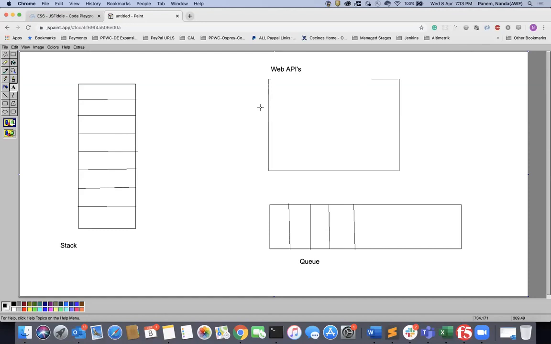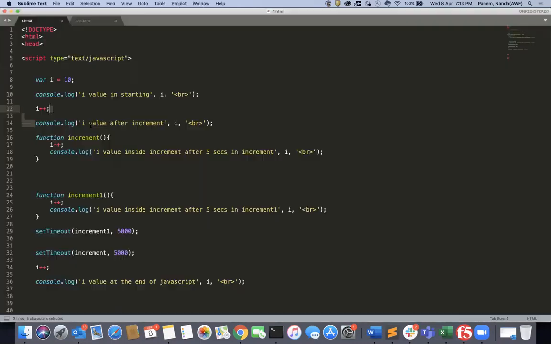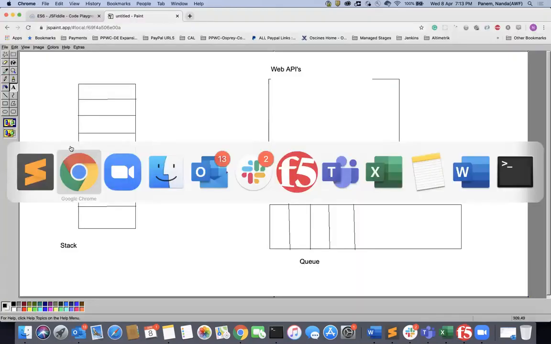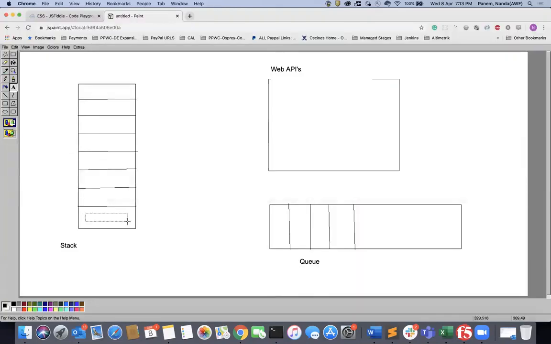What happens is, in this stack, whenever you have a variable, var i = 10, it will come here, execute, and move out of the stack.